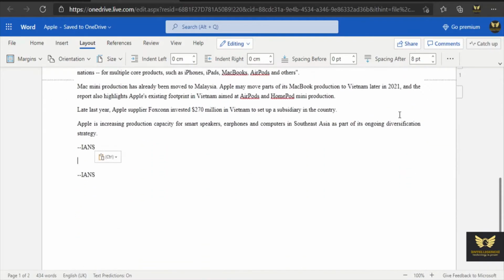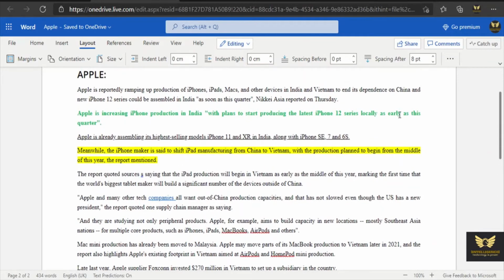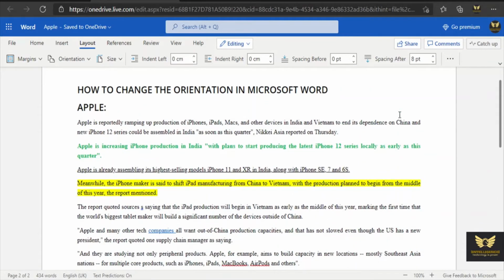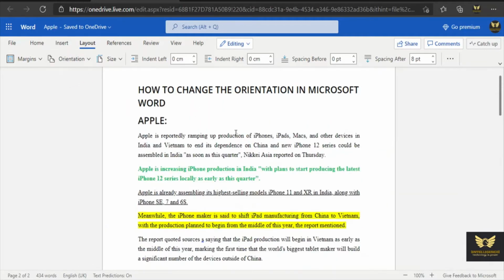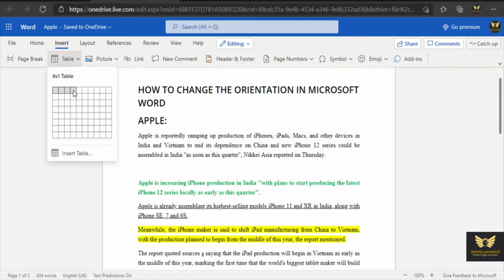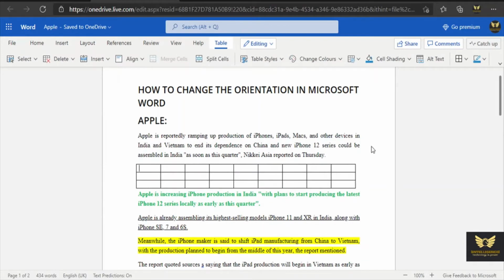See, now you can able to, okay. This is useful where you have a longer table, which you cannot accommodate in portrait mode. See, I'm just changing it, one minute. Portrait mode. I'm inserting a table first. Go to Insert, go to Table. See, this is a table.